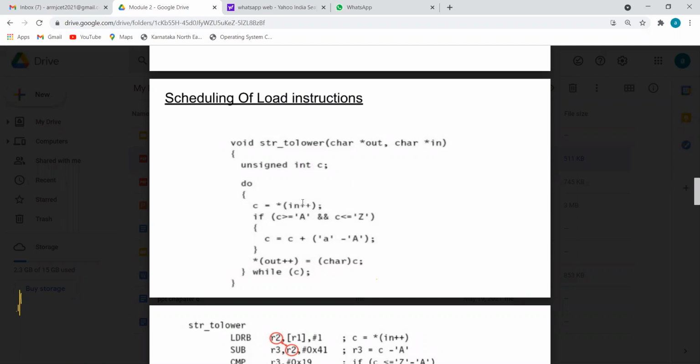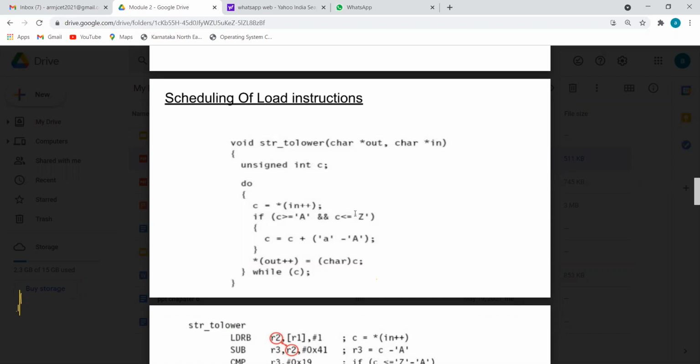Now the question: should I compulsorily give capital letters between A and Z? Yes, because the problem definition is that I have to give capital letters and get back small letters. So what is the care I have to check? I should not enter lesser than A or greater than Z. Why lesser than A and greater than Z? I hope you all know the ASCII codes of capital letters and small letters A, B, C and all.